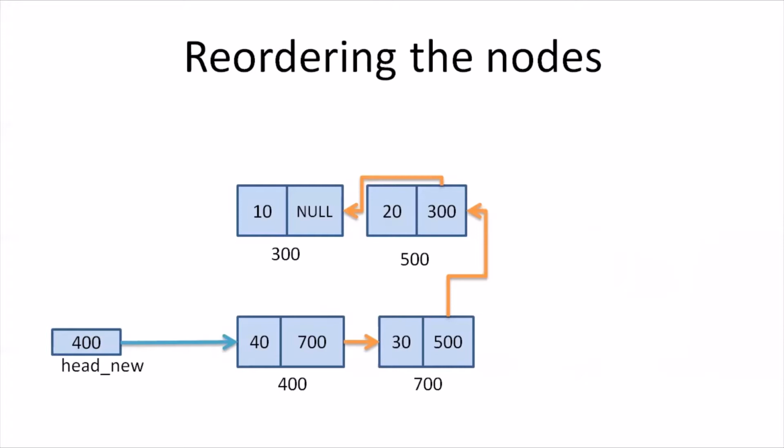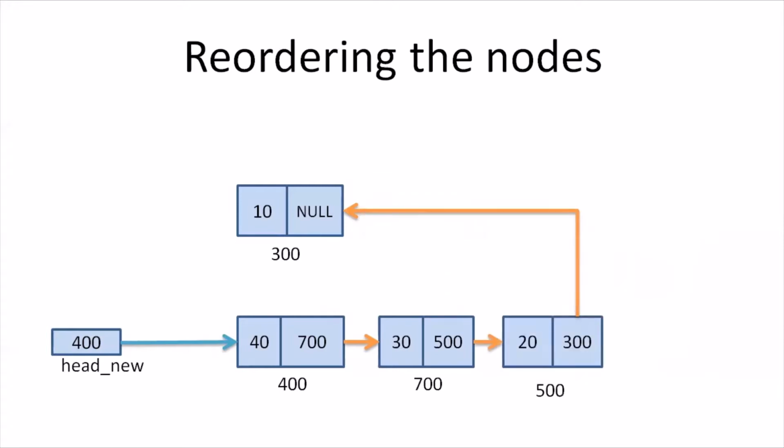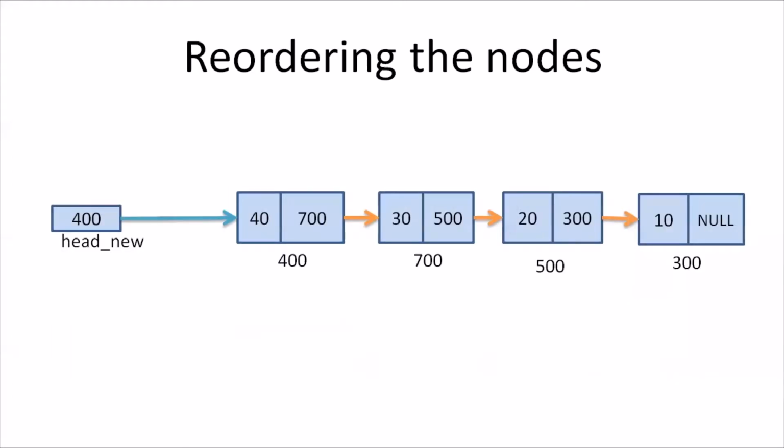So therefore, we can reorder it and place it next to the node at address 700. And finally, the node at address 500 points to the node at address 300. So again, we can reorder it and we can place it like this. So thus, we can see that the entire linked list has got reversed and the address of the first node, that is 400, is now stored in head new, which is the new head of the reverse linked list. So when we return this address stored in head new back to the calling function and use it to display the entire list, we will get the reverse list of the original single linked list which was passed.